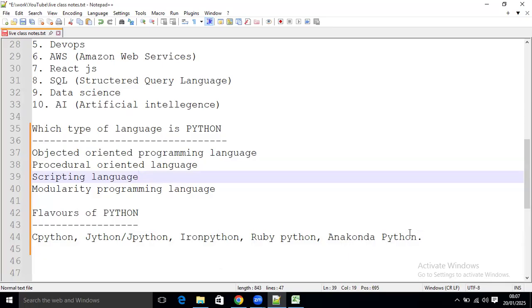Guido van Rossum, who invented Python, took the name Python from Monty Python's Flying Circus. So in the real world, what is Python? Python is a snake. From that, we took Anaconda Python. Okay,